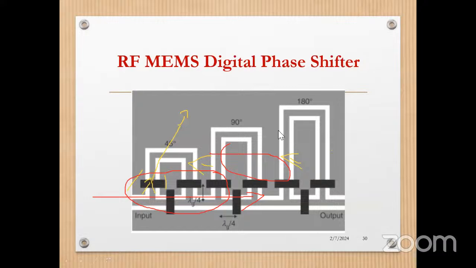So this is another important application of digital phase shifters, where we can see a 45-degree phase shifter, a 90-degree phase shifter, and a 180-degree phase shifter. So I can tap out at different outputs. One output will be a 45-degree, one output will be a 90-degree phase change,